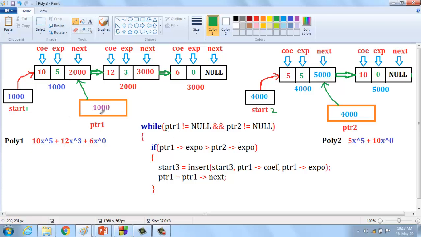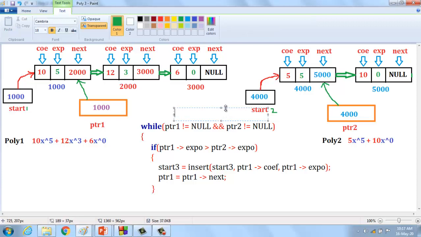What is ptr1? 1000, which is not equal to null.